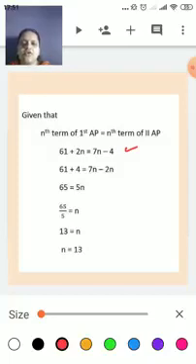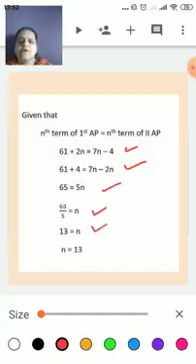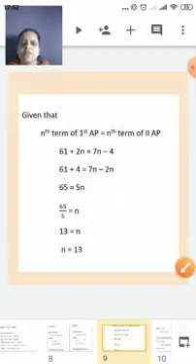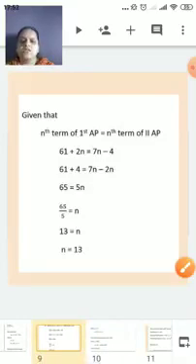Now just simplify and find the value of n. It is very simple. Minus 4, if I shift it to the left-hand side, becomes 61 plus 4. And if I shift the 2n to the other side, it becomes 7n minus 2n. So 61 plus 4 is 65, equal to 5n. Therefore 65 upon 5 is n, so n equals 13. So the 13th term is where the nth terms are the same. Is it clear to all of you? Can we continue with the next sum?